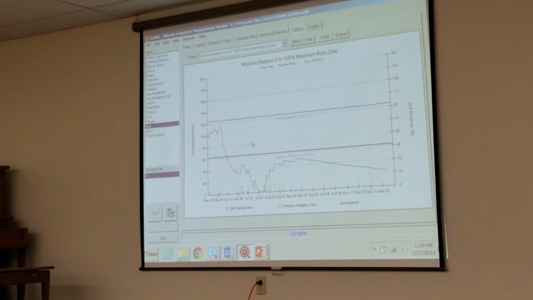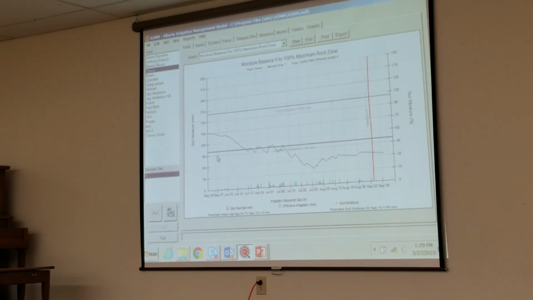Then this line is going to go up and down as the season goes, and this line is dictated by the amount of water that's going into the soil and the amount of water that the crop is using through evapotranspiration, which is crop water use. So, as you can see, this is a poor example, because it was just done by myself, not based off of a real field. But if you go to an actual field that we did last year,